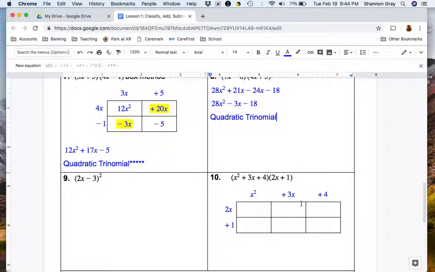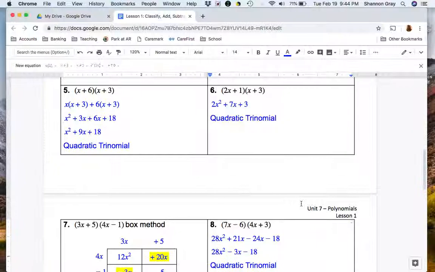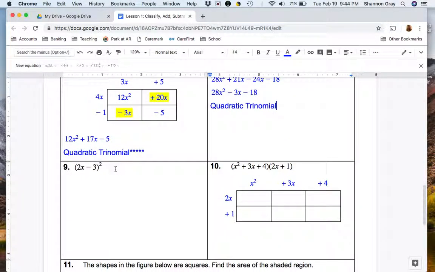Not much variation there. So if you did not get either of those, please pause again, go back, fix your mistakes, and make sure you can arrive at these 2 answers. But I'm going to move on to number 9. So looking at number 9,